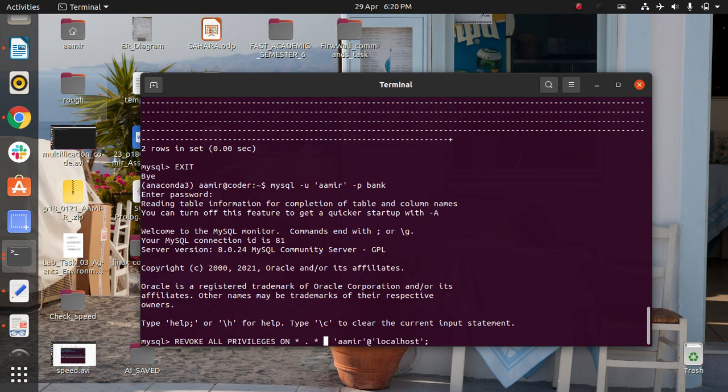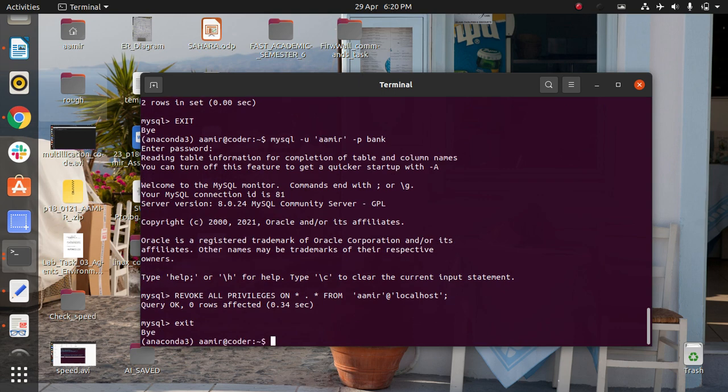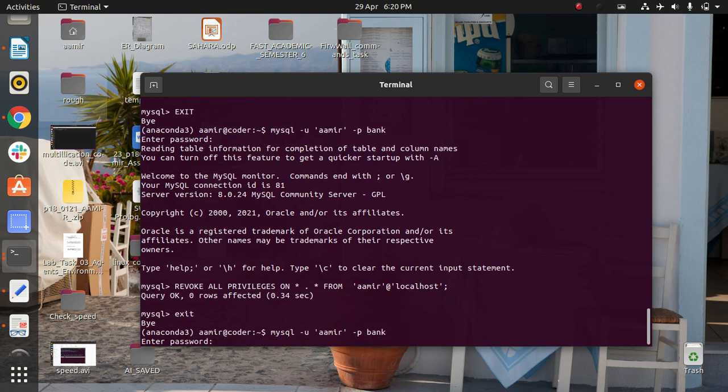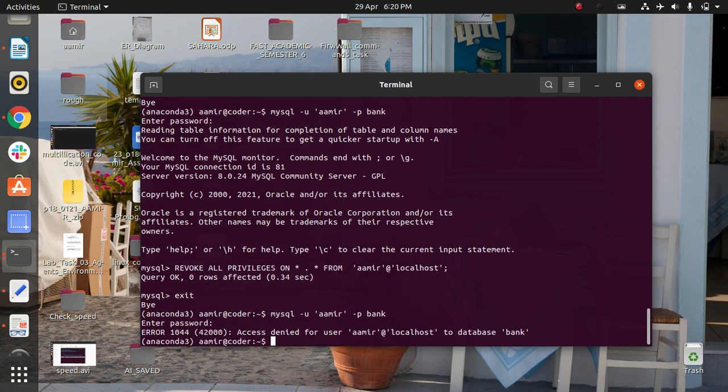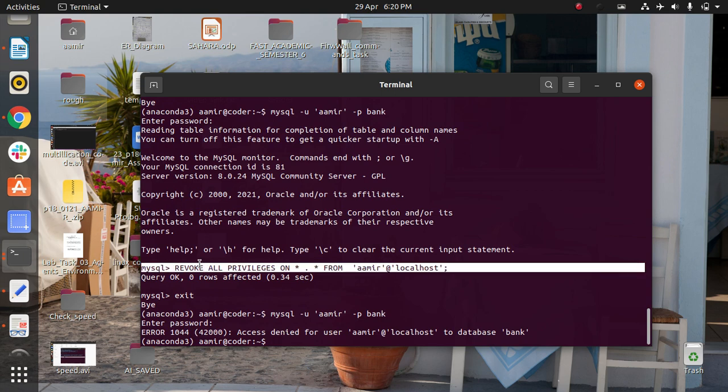Now all privileges are taken away from the user. If we exit and use mysql again on bank, access is denied, because I took all the privileges from Amer using the statement revoke all privileges.